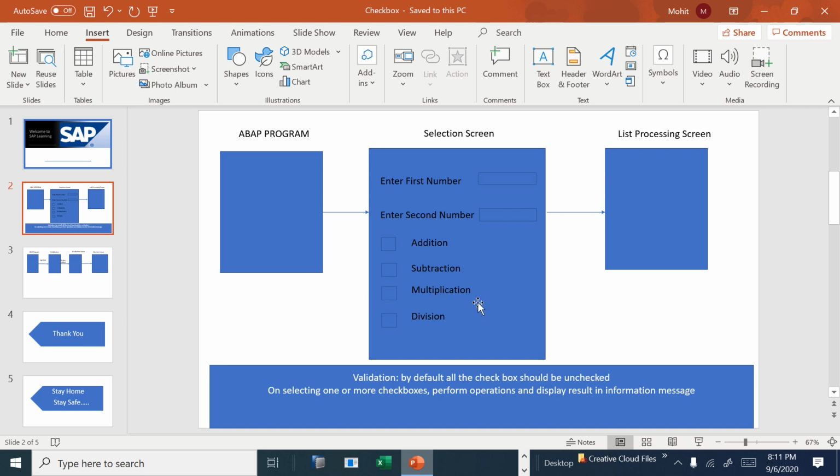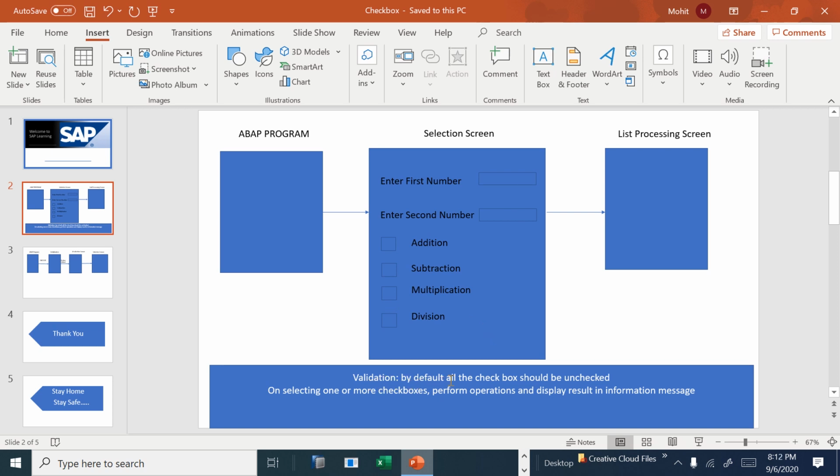So today our requirement will be the same as what we did with radio buttons. We have two numbers, first number and second number, and just like we had different radio buttons, in this case we have different checkboxes. What is the requirement here?